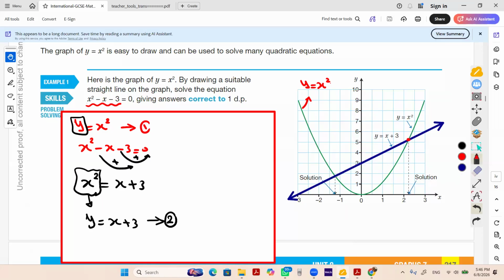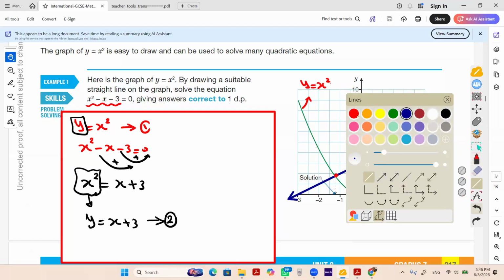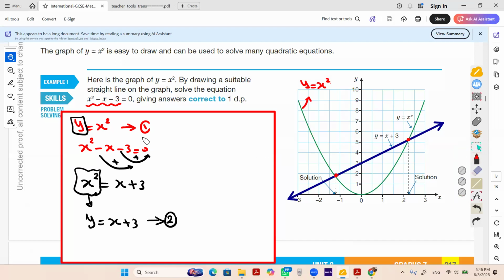This point and this point. Okay? You understand it? These two points satisfy the two functions. Satisfy the two functions, meaning the value of x here